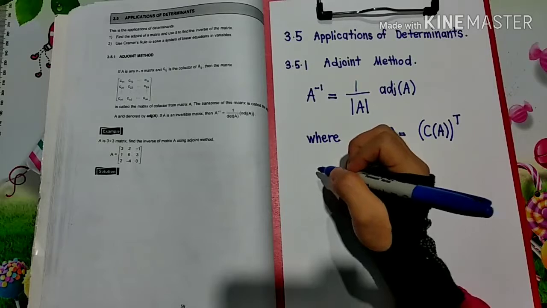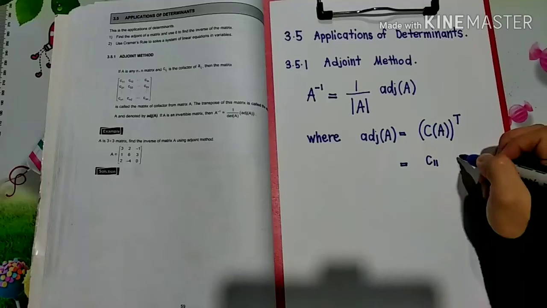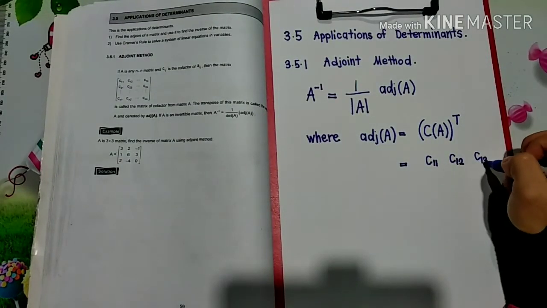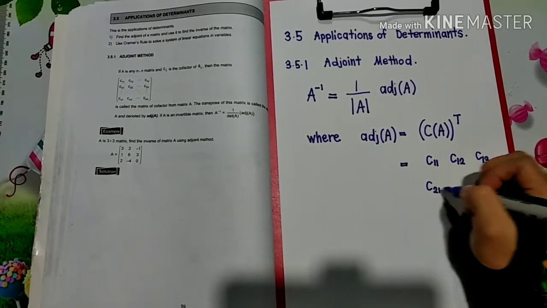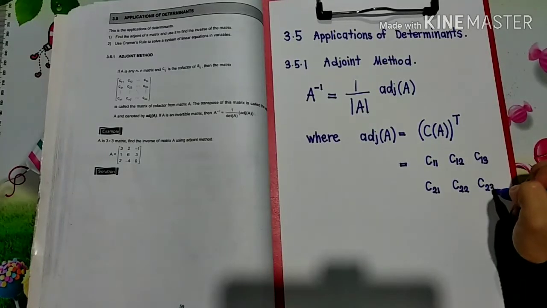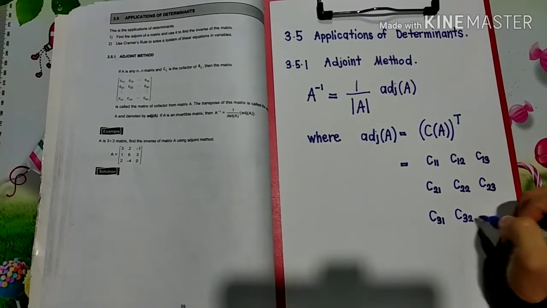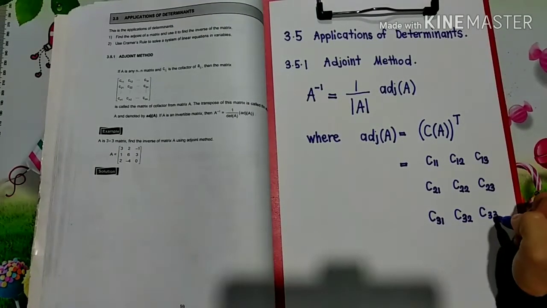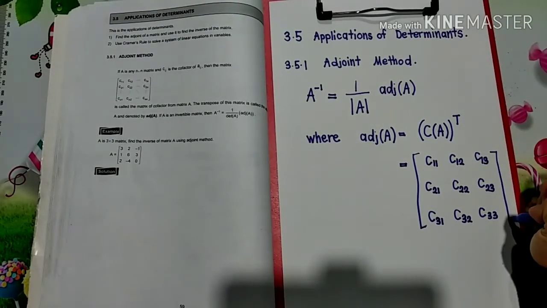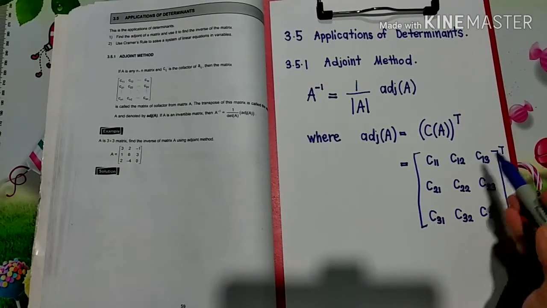So what is the cofactor of A? It is C11, C12, C13, C21, C22, C23, C31, C32, C33. So after you find all the cofactors for each entry here, and then you transpose it, you will get adjoint